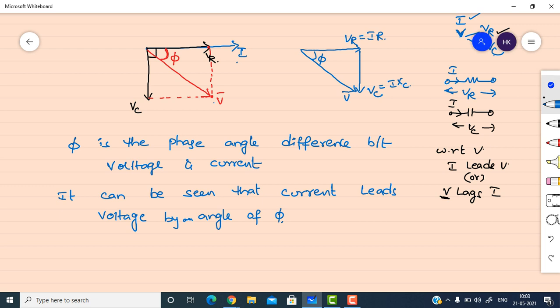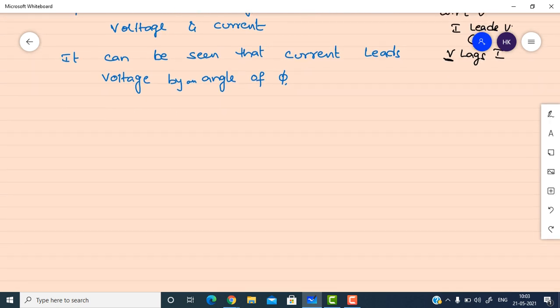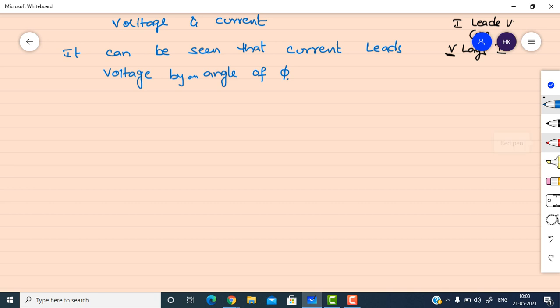Now let's find out the average power consumed in this circuit. Power and power triangle. What is the average power consumed in this circuit and what is the power triangle we will get? So power is nothing but the product of voltage and current. So for this we need the equations. V is equal to, these are alternating quantities, Vm sin omega t. Now what is the current equation?